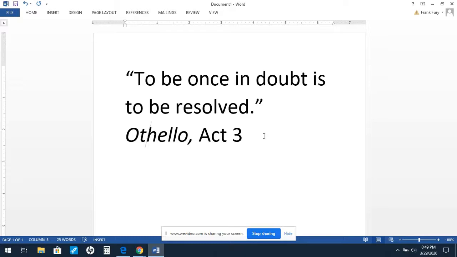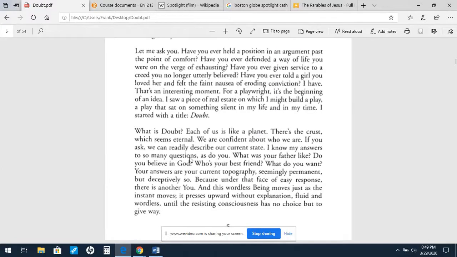Othello says, "To be once in doubt is to be resolved." In other words, as soon as that suspicion enters your mind, as soon as there's the possibility that someone is treacherous or someone is disloyal to you, then they could never, ever gain your trust again. This is at least from Othello's point of view. But,